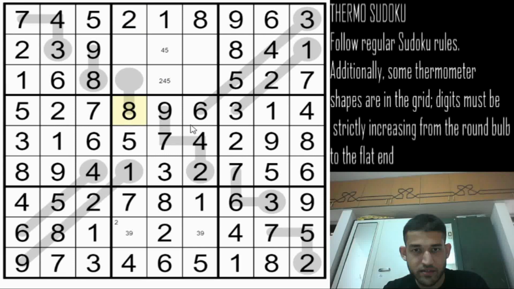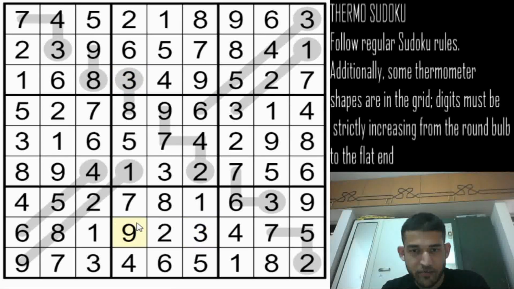This will be an 8. I am just filling everything using classic rules now. Row 2 left of digits are 5, 6 and 7. So this will be 5, this is 7, and this is 6. And now 3, 4, 9 have to be filled here. 4 can only go here, 9 cannot be in the thermo, so 9 would be here and 3 would be here. 3 would be here and 9 would be here. And that finishes the Sudoku.